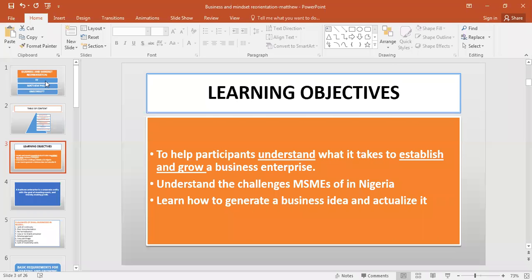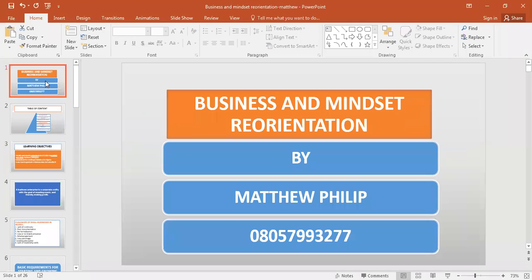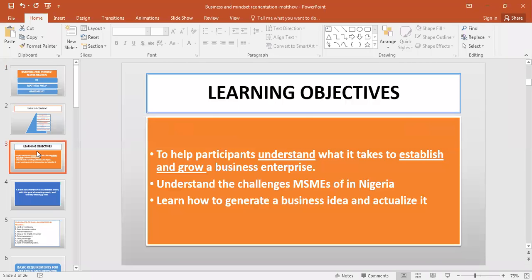I'll start all over. Okay, business orientation is what we'll be learning now. Business and mindset reorientation. A lot of you are already in business, but it's always good to remind you on why you are in business and what you need to do to build a successful business. The objectives are to help you understand what it takes to establish and grow a business enterprise, especially in Nigeria, to understand the challenges MSMEs are facing in Nigeria, then learn how to generate